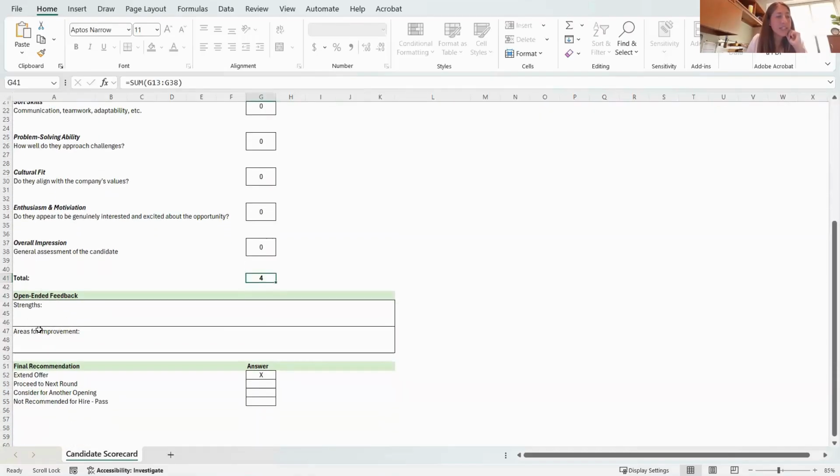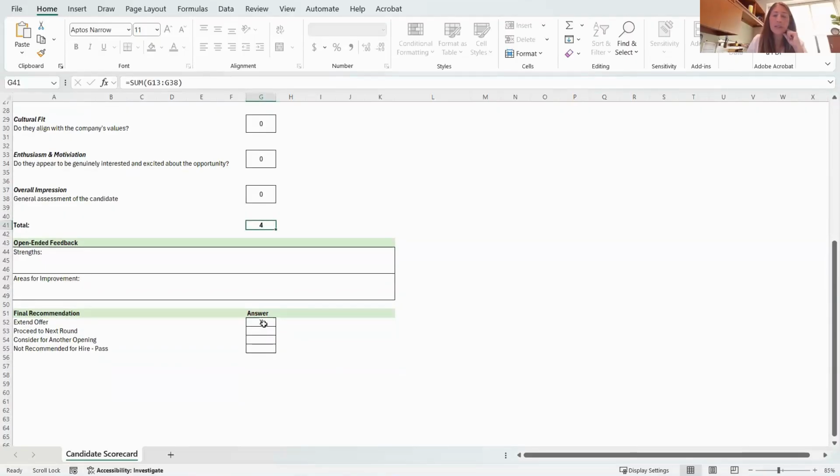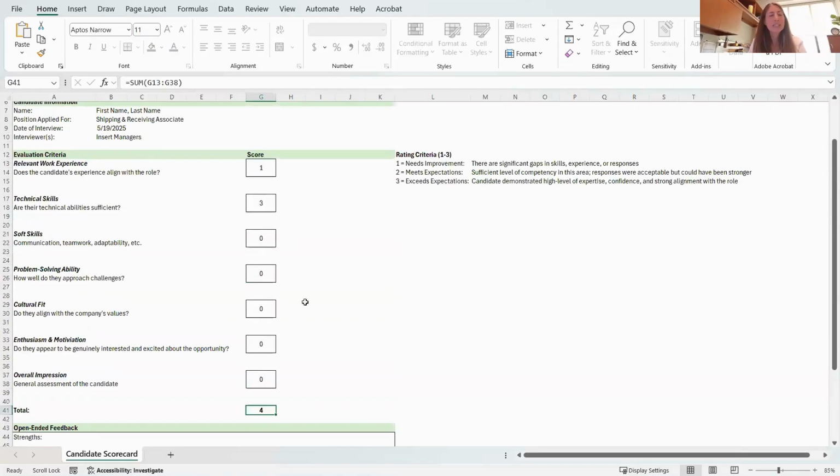There's a section here for open-ended comments where you can list maybe some strengths that maybe aren't covered in the evaluation criteria, other areas for improvement, and then a final recommendation for you, especially if you have multiple people on your hiring team. If it's 2 people, both of you could fill this out and hopefully come to an agreement on next steps. To some, this might seem a bit like overkill,